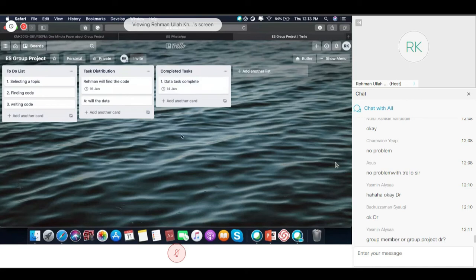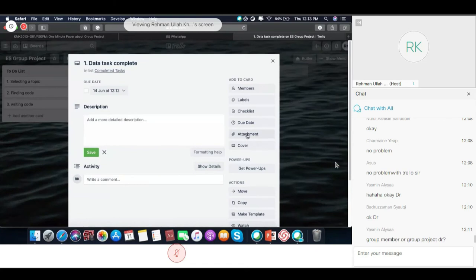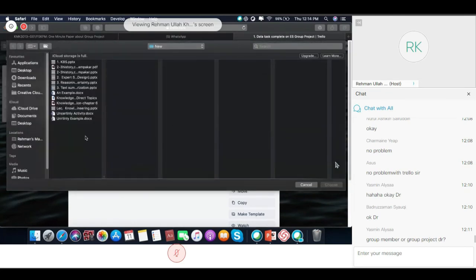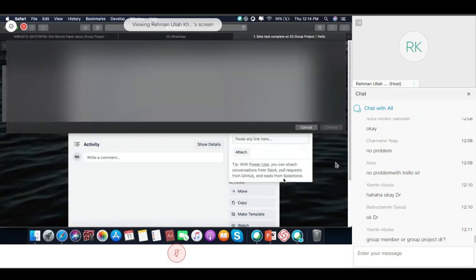Okay, so it is quite a nice platform. So for each task, fix a time also, time and date. Okay, and another point, if you want to provide attachment, then you see here, here is an attachment. So in the attachment you can paste a link, you can select a file from OneDrive, from Box, from Dropbox, Google Drive, or maybe Trello also provides this stuff, or maybe you can select from your own computer. For example, if you click on computer, you can upload any file that you want.